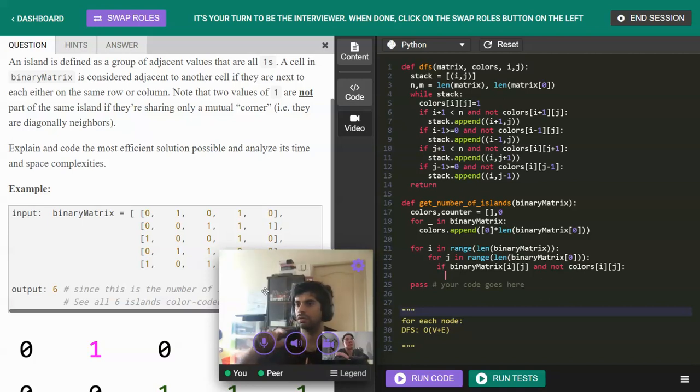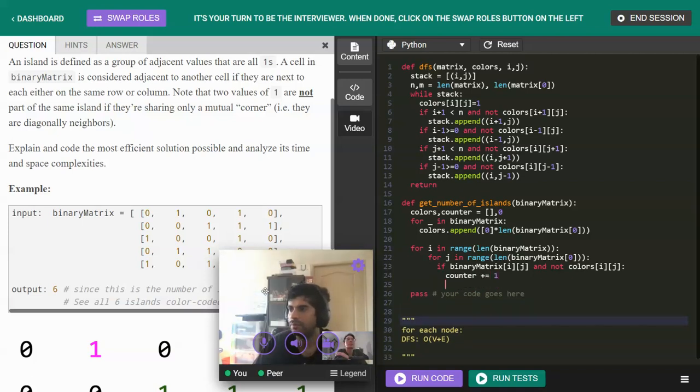So I'll go and traverse the neighbor nodes. But at the same time, I'll increment my counter